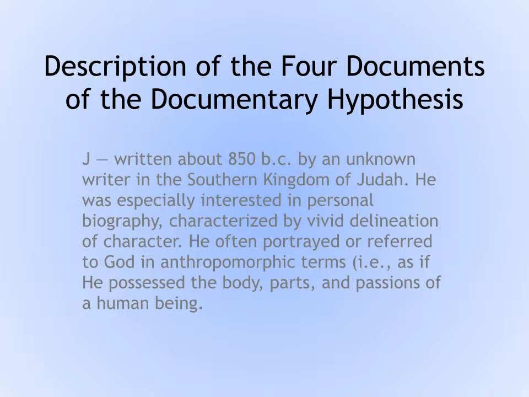He will often portray or refer to God in anthropomorphic terms, as though God himself possesses body parts. And you'll see that in different parts of the Old Testament. The Psalms talks about the wing of God, being under the wing of the Almighty, the presence of God, the arm of God, that sort of thing. And so it also shows or talks about the passions of God. God was angry. God is a jealous God.